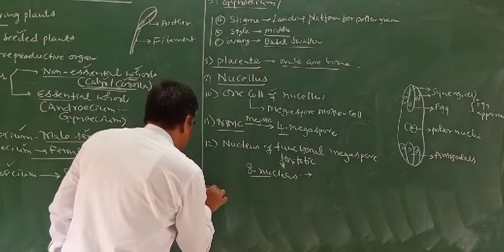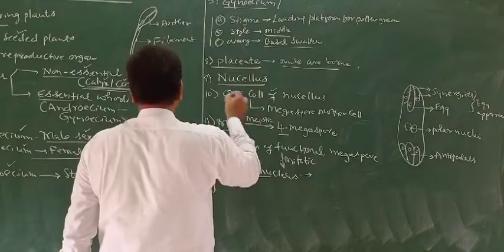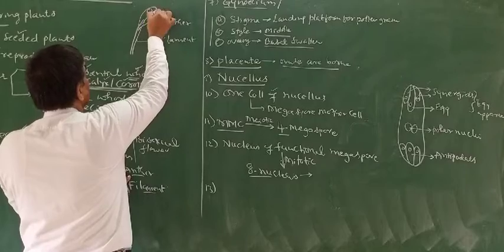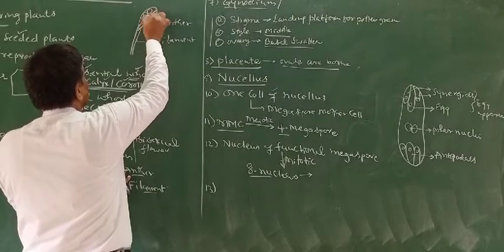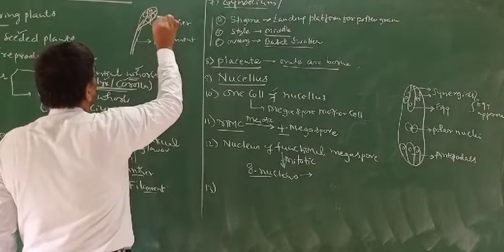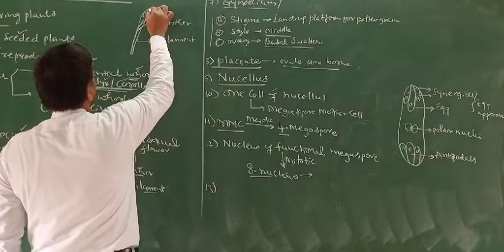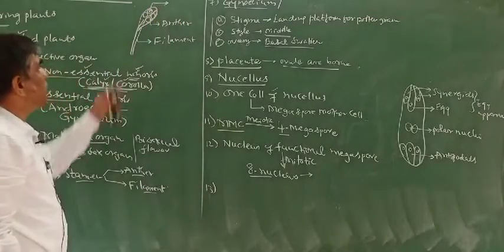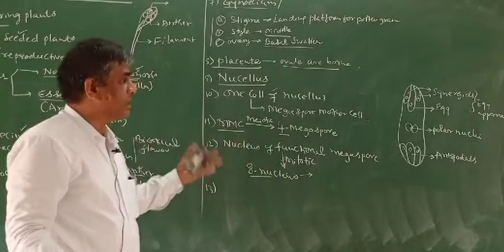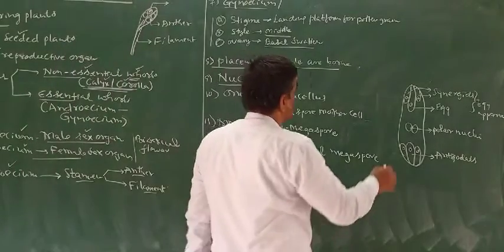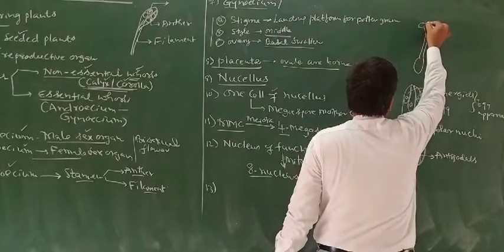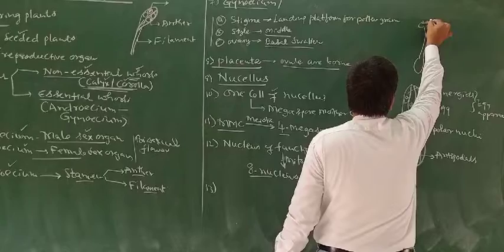Later, the pollen grains are produced by the stamen. The anther has chambers, called pollen sacs. These pollen sacs contain microspores. These microspores later develop into pollen grains. These pollen grains are carried by various agencies like wind, water or animals, and they are transported and get deposited on the stigma. You know that very well. This is the ovary, stigma and style, and pollen grains get deposited on the stigma.